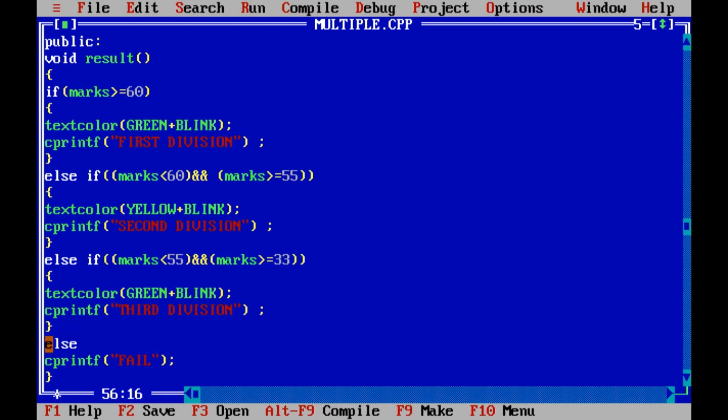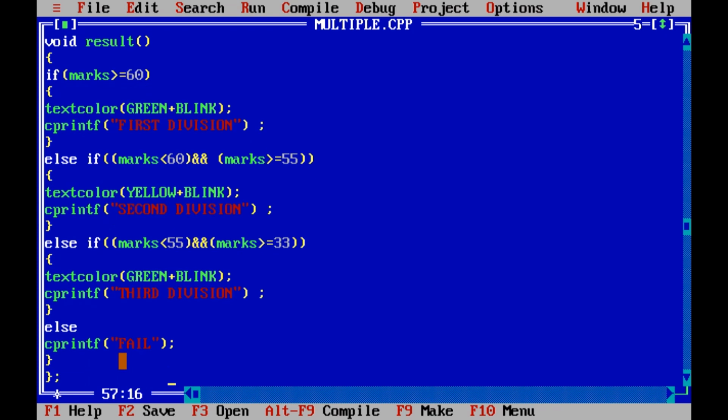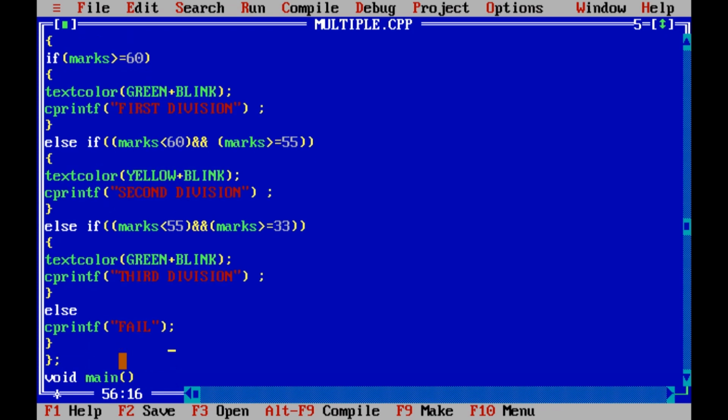And else, if all these conditions are false, then what will be printed? If it does not follow the condition for first division, nor second, nor third, then finally in the else part, whatever we keep there will be printed. So we have kept fail, because if the student is getting neither first nor second nor third division, that means the student has failed. Okay, so this way we have kept our